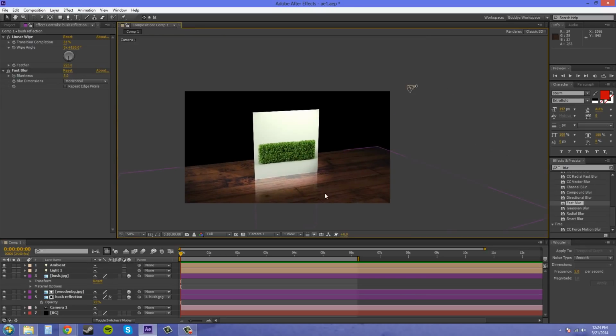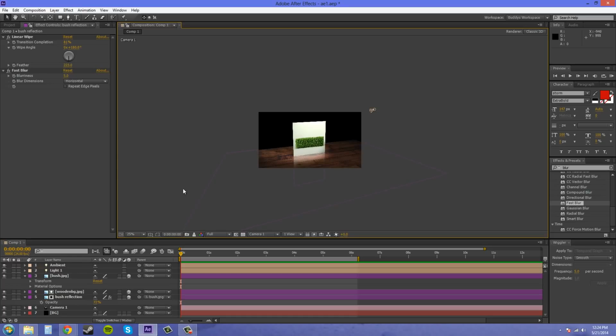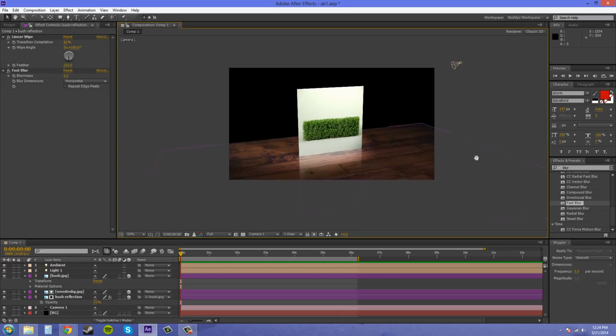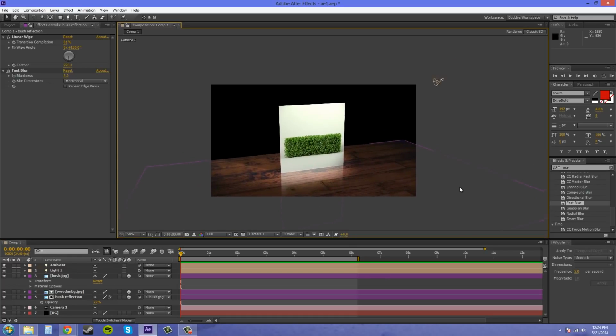And there you have it for your fake reflections. That's how you make them in After Effects without any plugins, and it's pretty much a rudimentary way of making the reflections. And if you just search on the internet for reflection plugins, other people have made some that you can use that will probably work a little bit better, but this is how you do it without using any